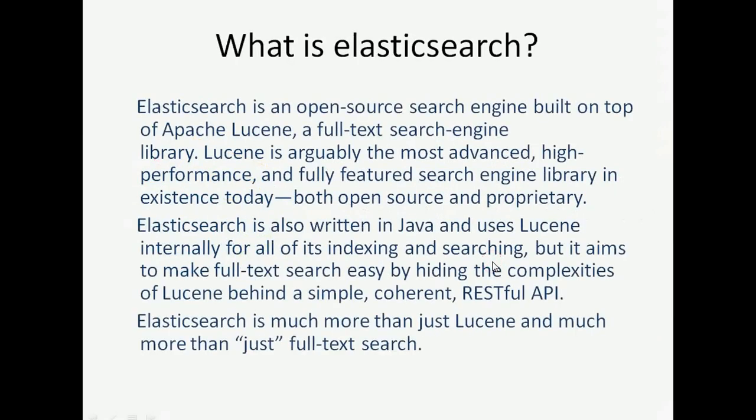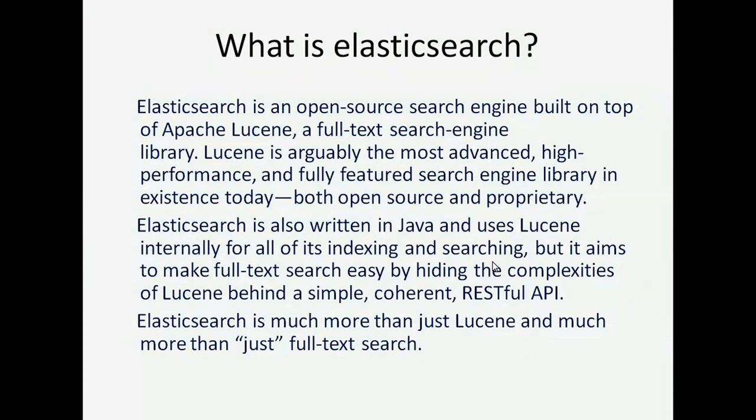So let's start. What is Elasticsearch? Basically, Elasticsearch is an open source search engine that is built on top of Apache Lucene. It is a full text search engine library. Lucene is arguably the most advanced, high performance and fully featured search engine library in existence today, both open